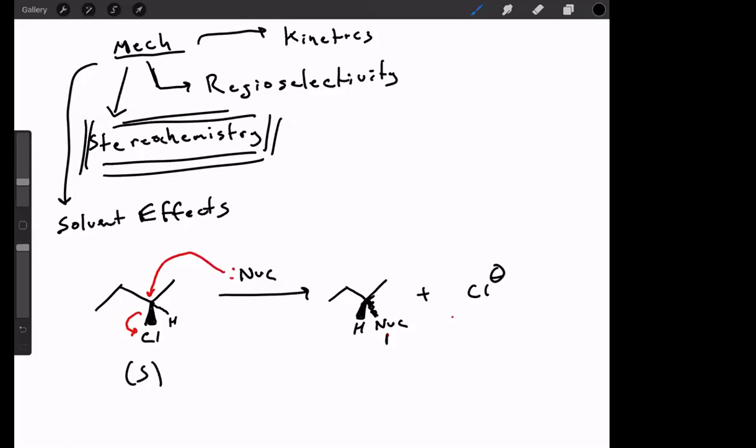The nucleophile is still going to be priority number 1. This is still going to be priority number 2. This is still priority number 3. The arrow still apparently moves around the counterclockwise direction, but now the hydrogen, instead of being away from us, is towards us. So what we'll do is we'll reverse our specification and say,